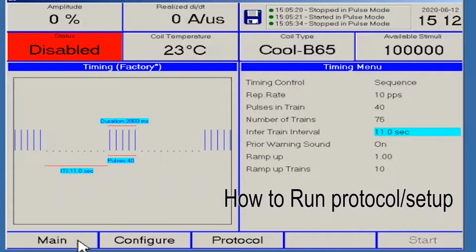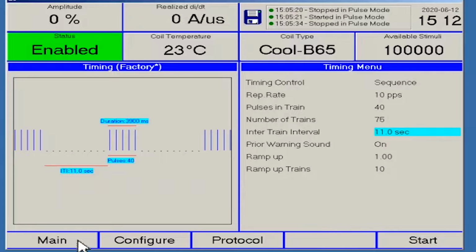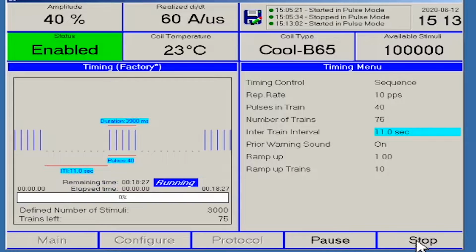To run the protocol, you need to enable the machine and then increase the intensity or amplitude to the desired value, and then press start. The protocol will then run. On the left side, it will show the total duration of the protocol or the setup,